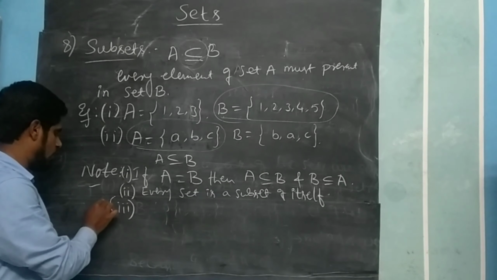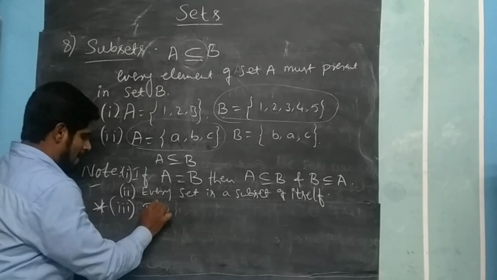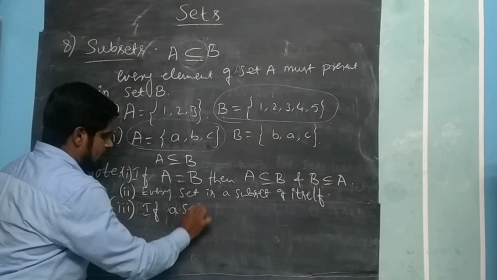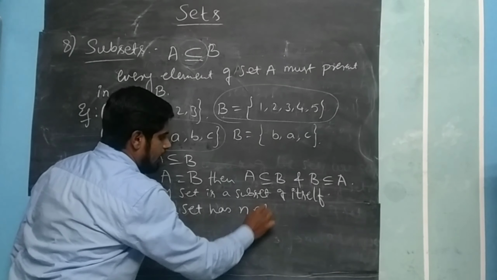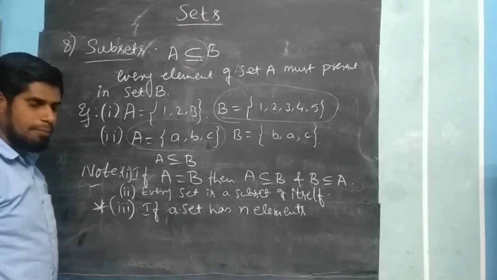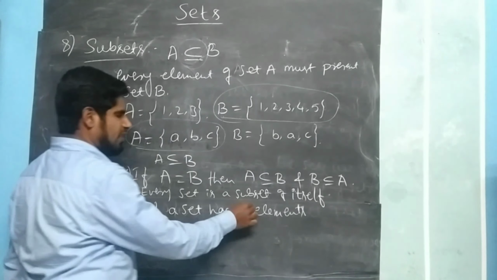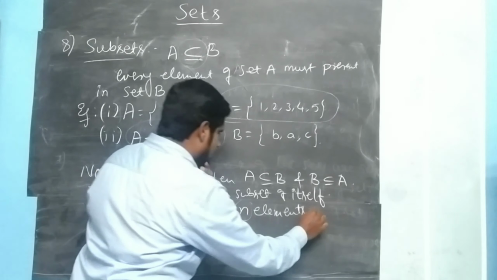This is a very, very important point. If a set has n number of elements, n is any fixed number, then